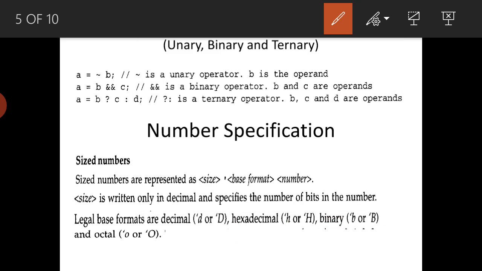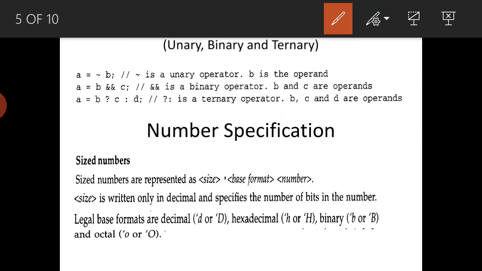That is unary. If you take the second one, we can see the AND operation. Double AND is an AND operation. In detail, whether it is the binary logical AND or bitwise AND, we will see later. At present, the first one is a unary negation operator and this one is an AND operation.